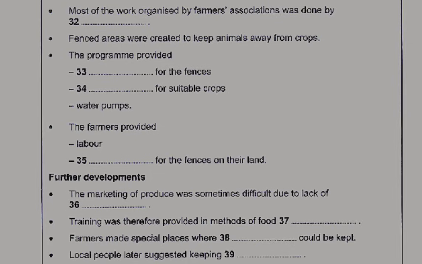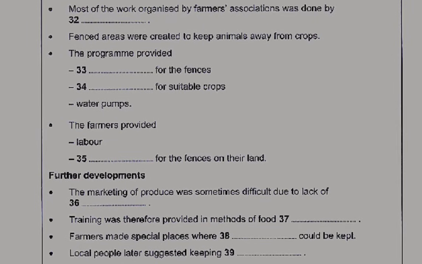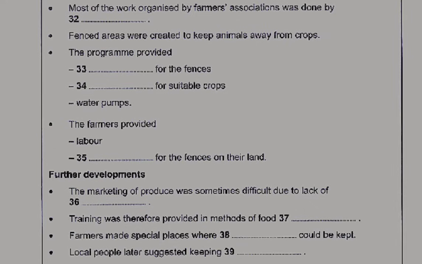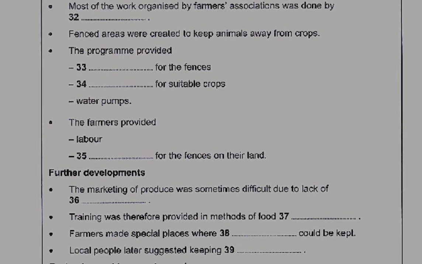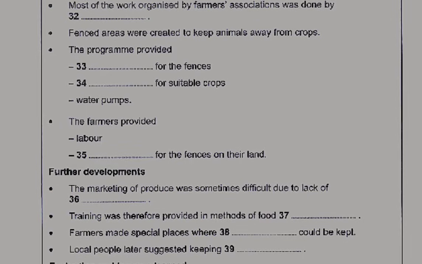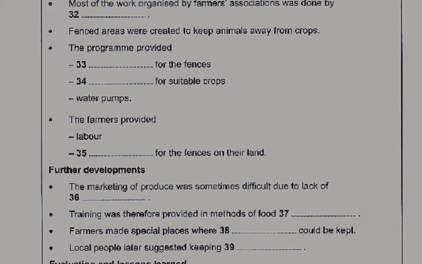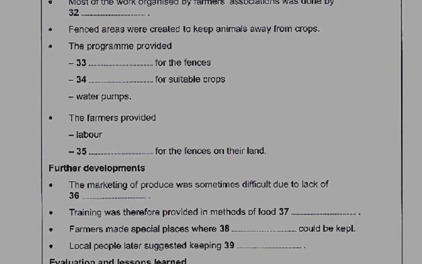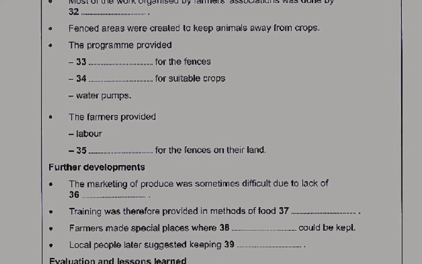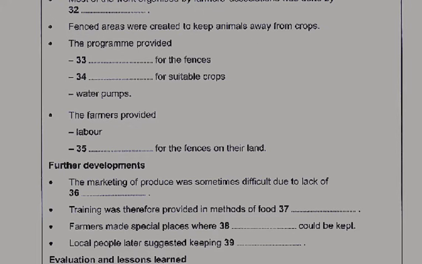There was also an additional initiative that had not been originally planned, but which became a central feature of the program. This was when farmers started to dig holes for tanks in the fenced-off areas and to fill these with water and use them for breeding fish, an important source of protein.